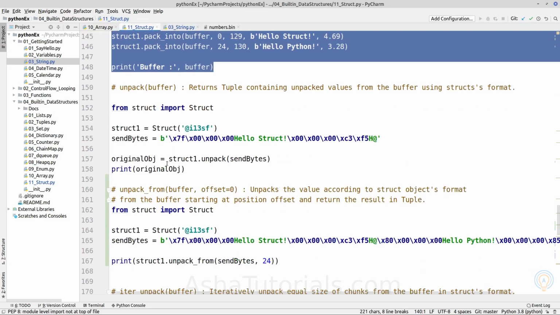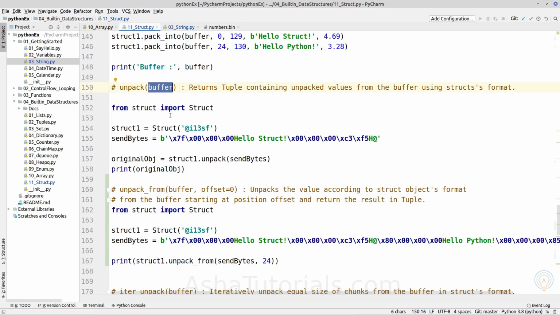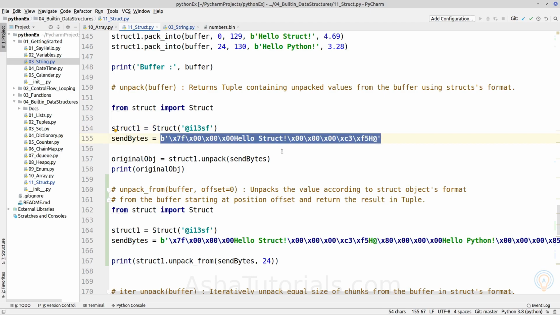Next method is unpack. It takes one argument, buffer, and returns a tuple object containing unpacked values from the buffer using the struct object format. So we have the same format. We have constructed the struct object, and we now have the buffer as a bytes object.